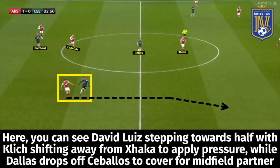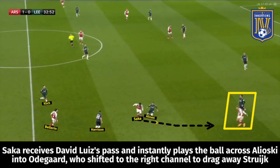Here you could see David Luiz stepping towards half with Click shifting away from Xhaka to apply pressure while Dallas drops off Ceballos to cover for his midfield partner. Saka receives David Luiz's pass and instantly plays the ball across Alioski into Odegaard, who shifted to the right channel